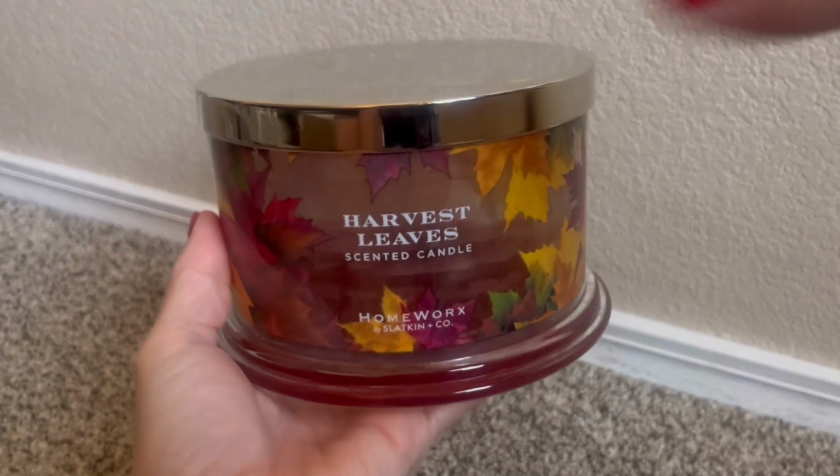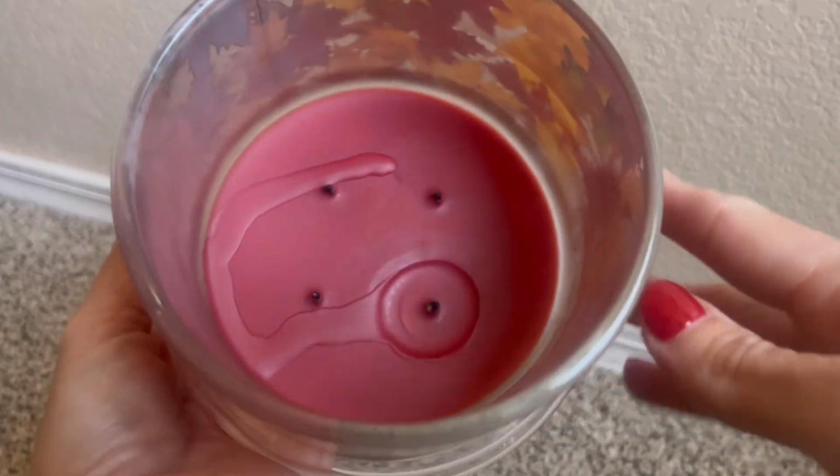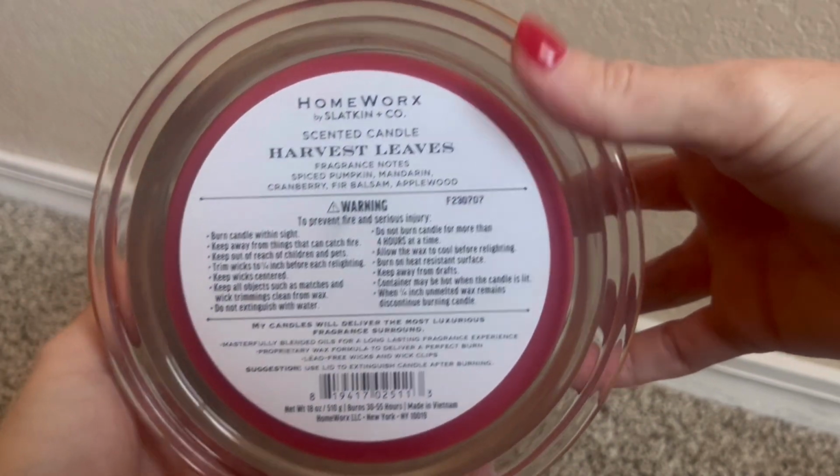All right, let's talk about a perennial favorite. HOMEWORX' Harvest Leaves. I love this fragrance. Fragrance notes are spiced pumpkin, mandarin, cranberry, fir balsam, applewood. This one has a pour date from July 7th, 2023. I think I actually